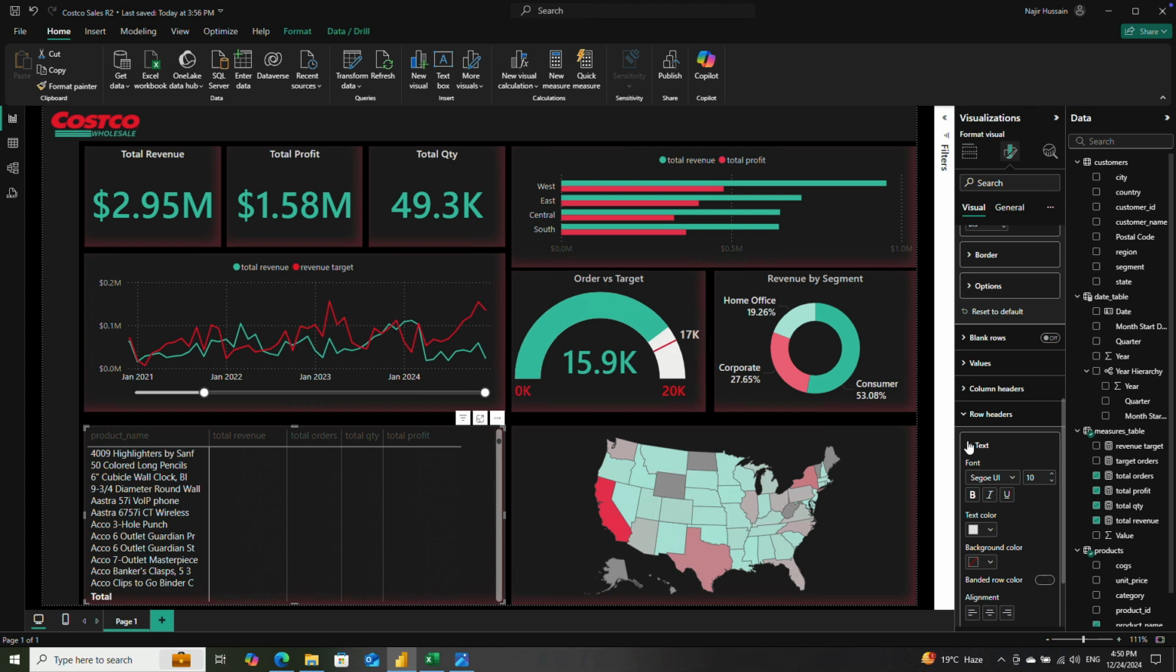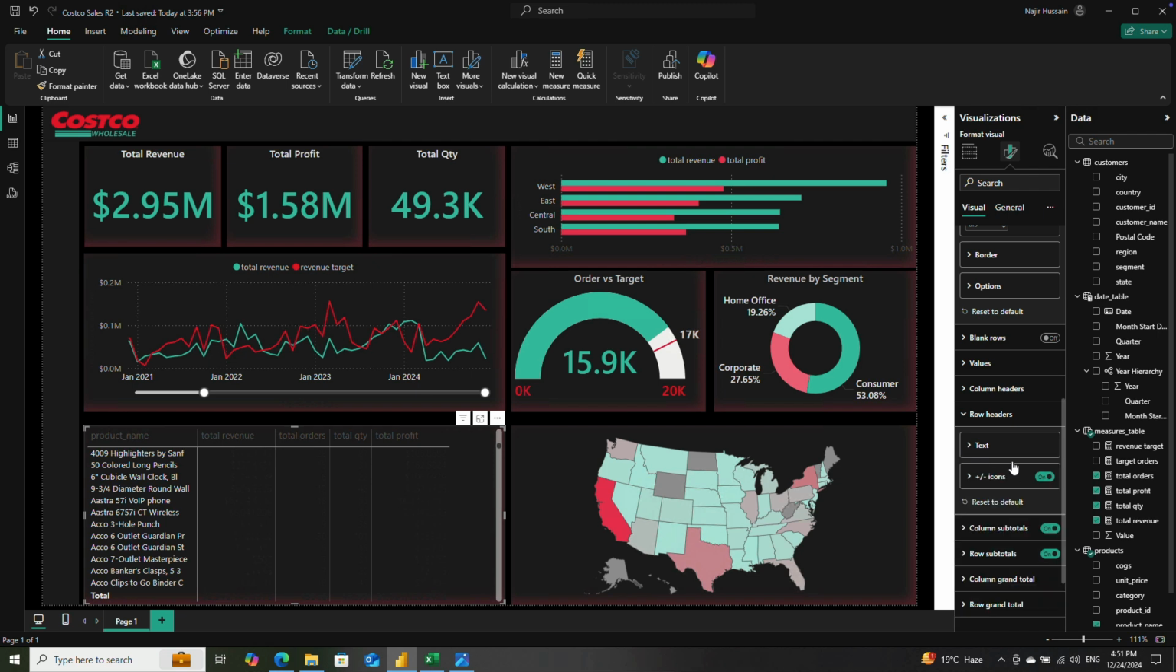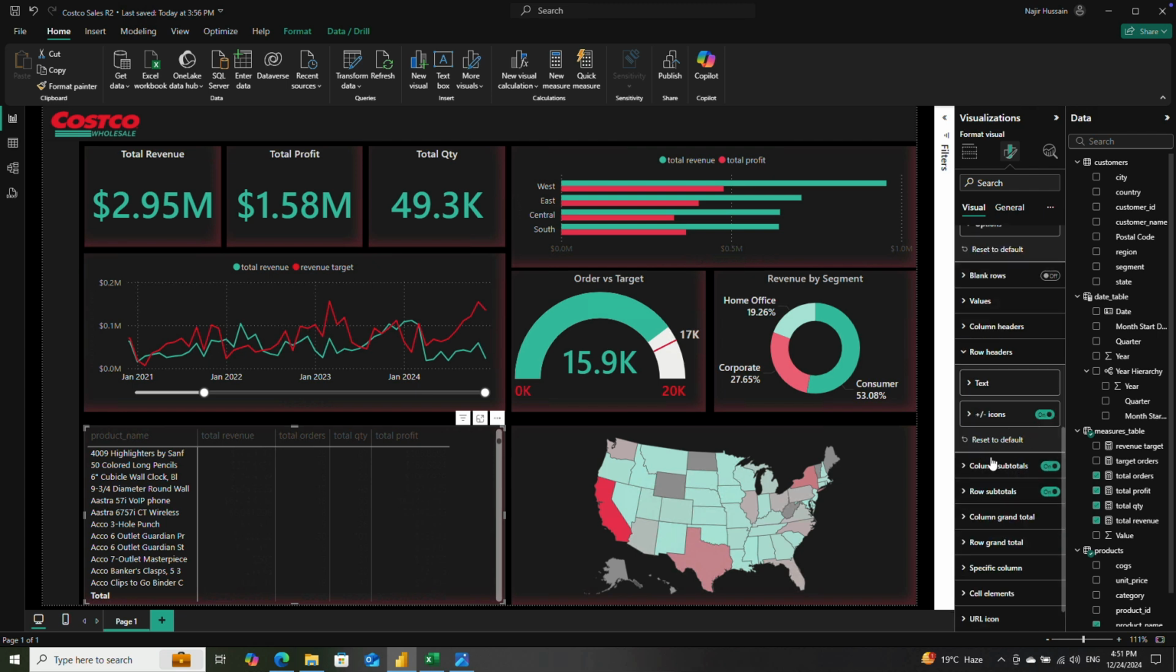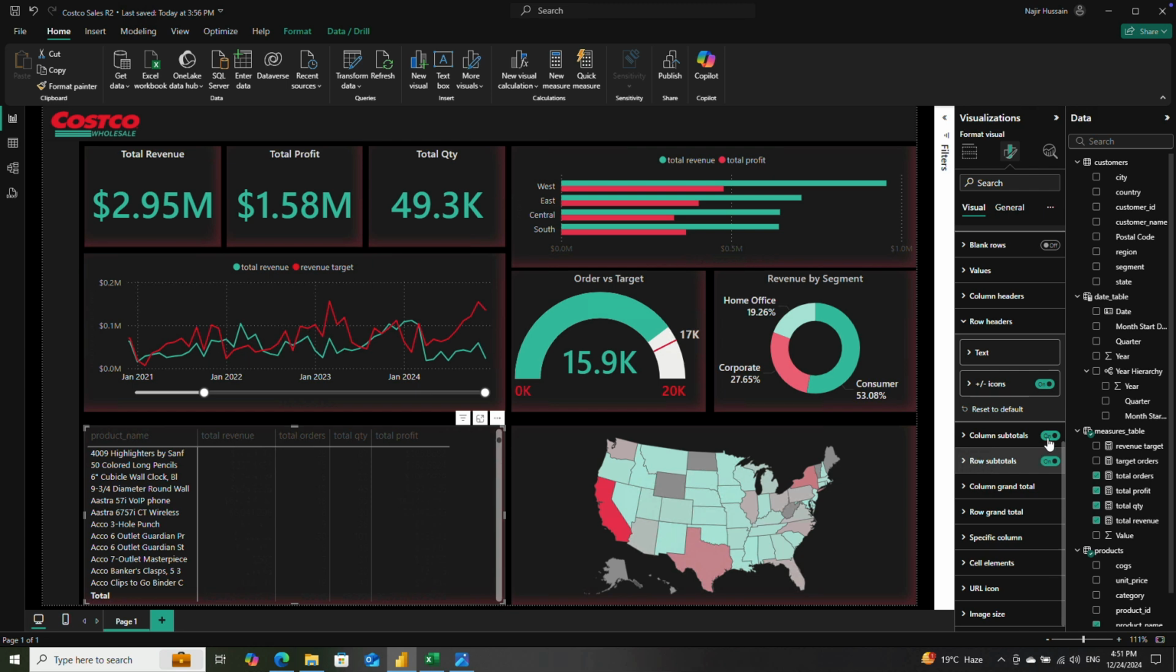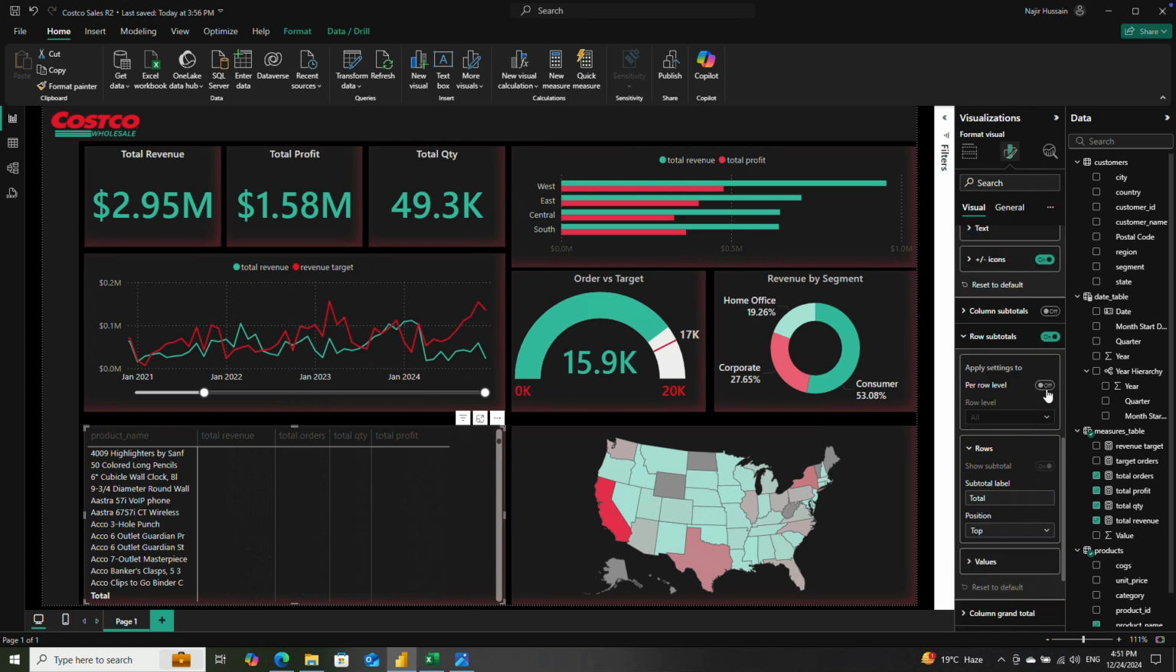So this is for the text. I think 9 looks really big. Let's change it to kind of 9. Okay, so we'll be keeping it at 9, and the icon I will keep the same. Column subtotal, which I do not want. The column subtotal or row subtotal I want, which is at the bottom, and for that I will keep it